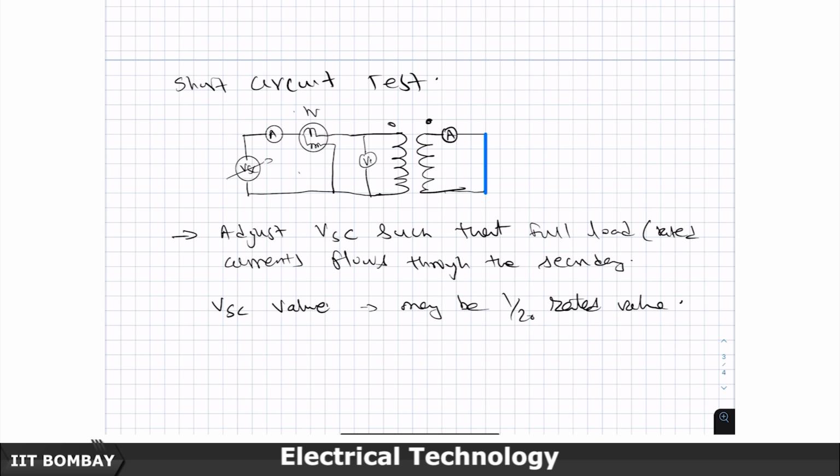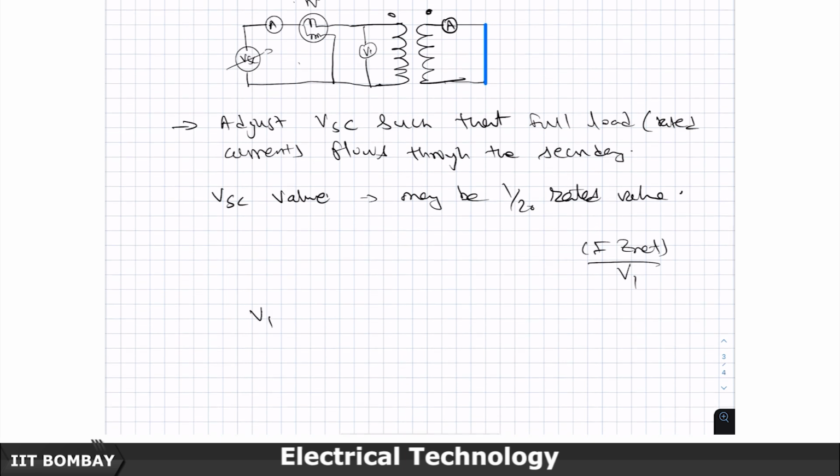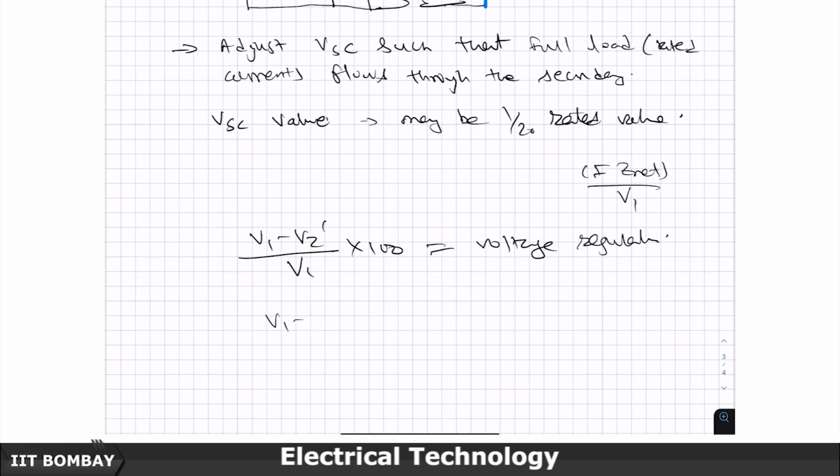Now, this drop is happening because of what? Rated current into the Z net, the leakage impedance of the transformer, which for the sake of discussion in today's class I am going to treat (V1 minus V2 dash) upon V1 into 100 as voltage regulation. So, what I am trying to tell you, there are two definitions of voltage regulation in practice. This is the more common one, but the numerator is always the voltage drop, the drop in the magnitude of the voltage from primary to secondary, but normalized,